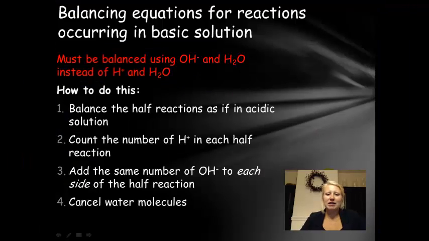Okay, lastly, if we're balancing redox reactions in basic solution, you have to use OH minus instead of H plus, because OH minus is base, H plus is acid. So you're going to do the same thing that you did before as if it was an acidic solution, but then at the end you're going to count the number of H pluses in the half reaction and add the same number of OH minus to each side of the half reaction. And then finally at the end you'll cancel out your water molecules. So let's